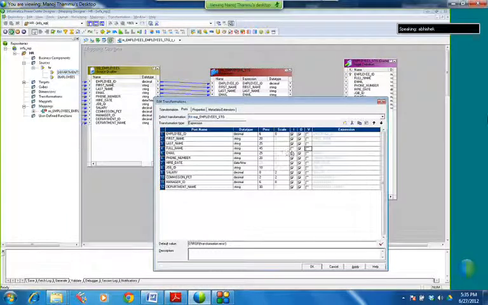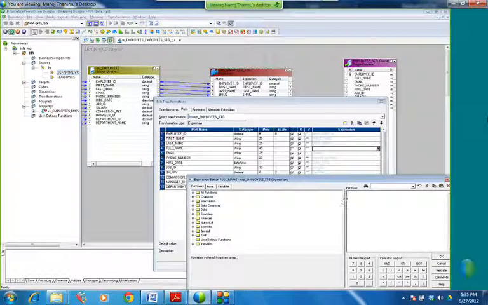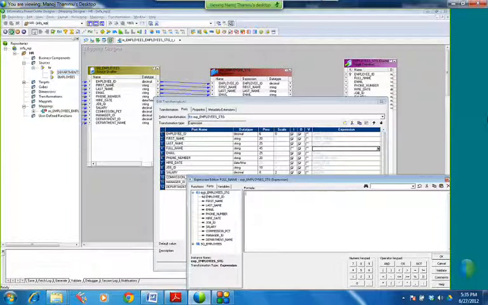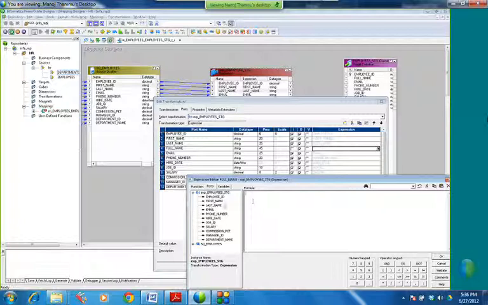Okay, I'll give you an example for that. Don't need to worry. Right now I'm not using a variable port here. Instead I'm using an output port only. So in the output port, I should write some condition to concatenate the first name and last name. So what is that condition? Go to the ports, you will see all the employee tables data here. As per the requirement, what should we do? We should concatenate the first name and last name, but the last name should be first and both should be delimited by comma, right?